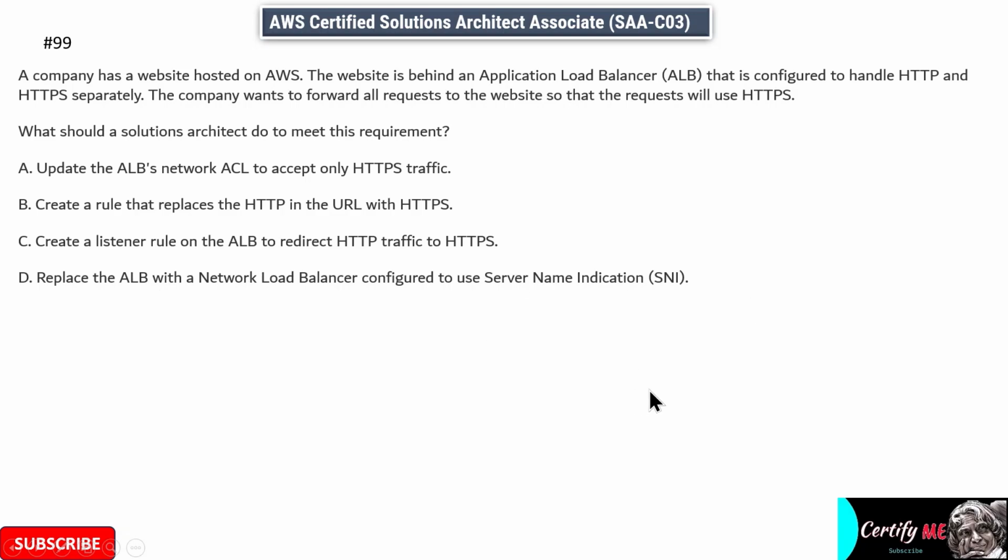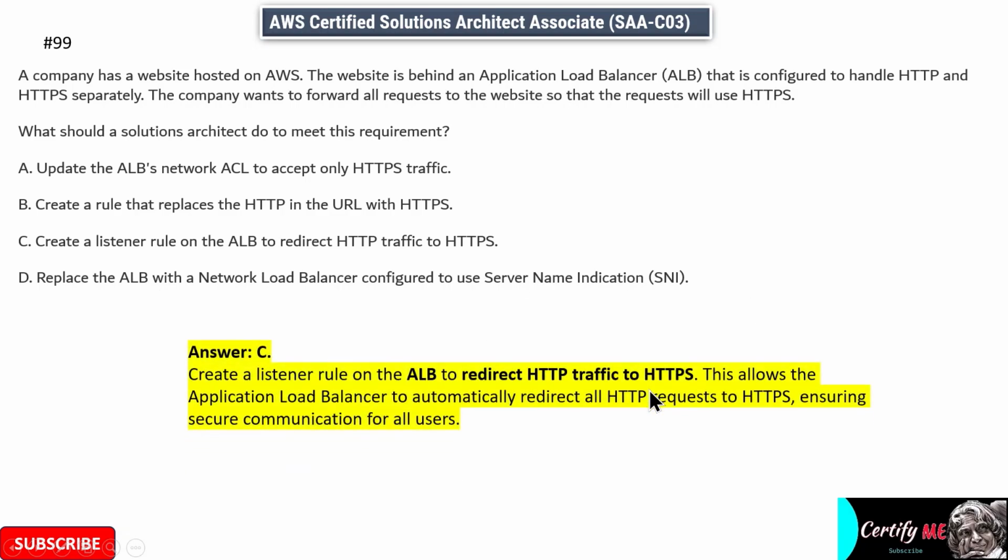The correct answer is option C. Create a listener rule on the ALB to redirect HTTP traffic to HTTPS. This allows the Application Load Balancer to automatically redirect all HTTP requests to HTTPS, ensuring secure communication for all users. Next question,